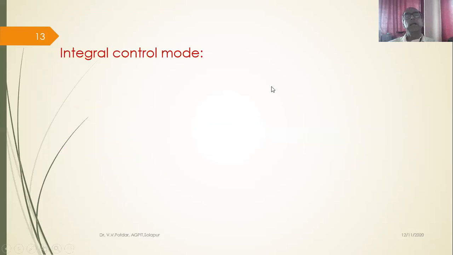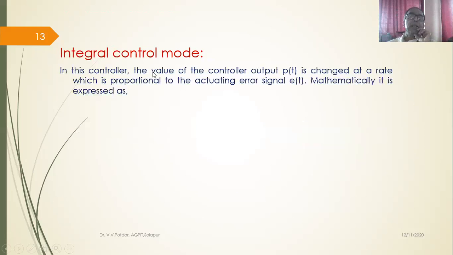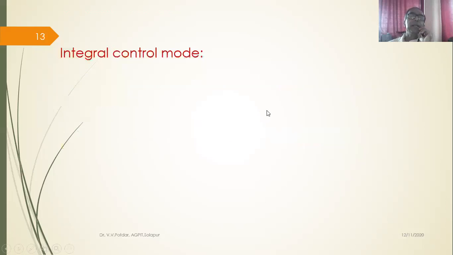Now let us go to the integral control mode. As the name indicates, the controller output will be proportional to integration of error signal. Now what does this mean? Integration of error signal. In this controller, the value of the controller output is changed at a rate which is proportional to the actuating signal e(t). Mathematically, it is expressed as